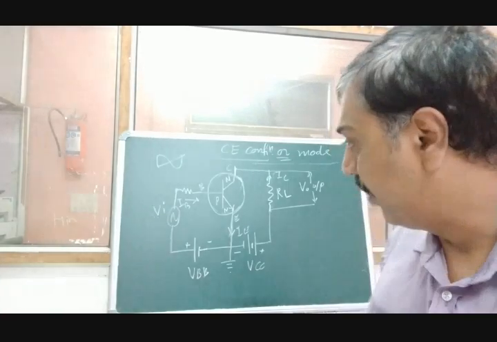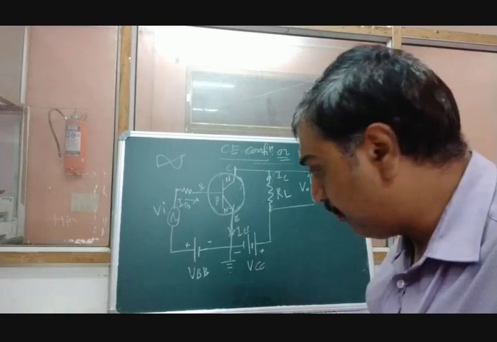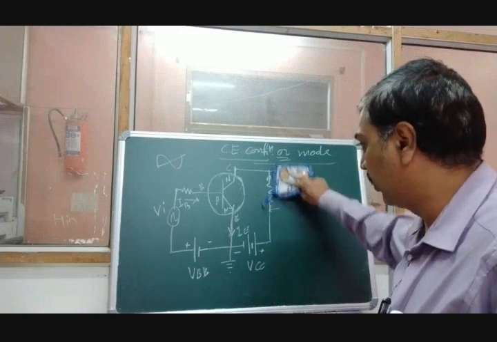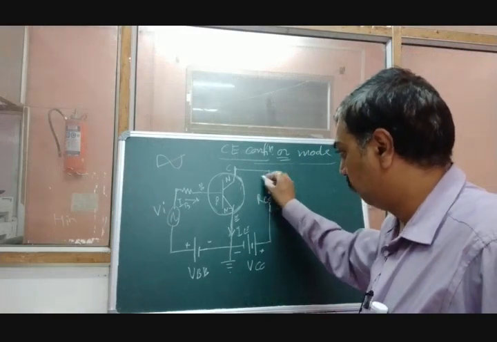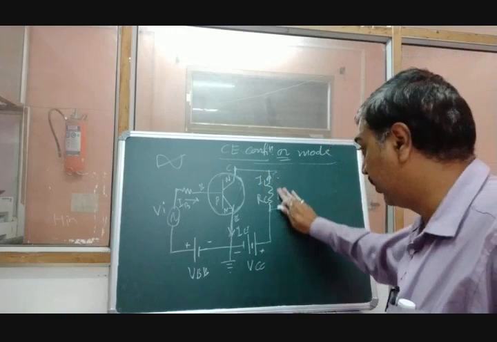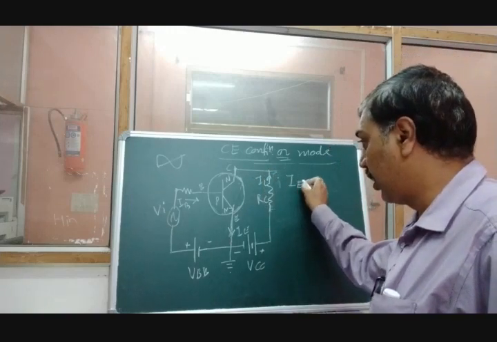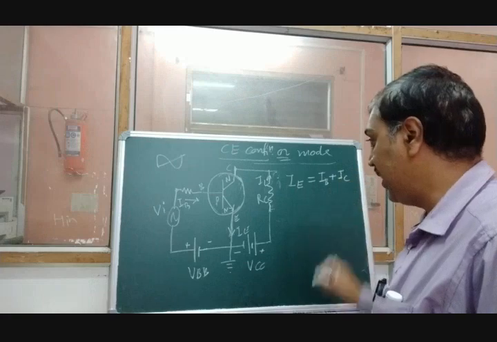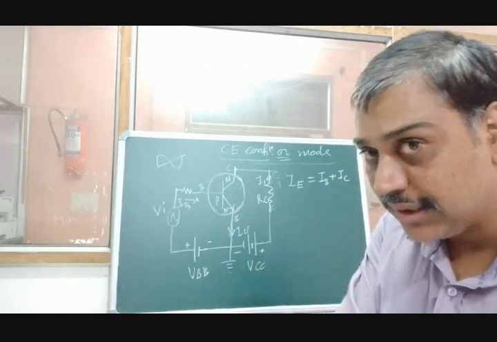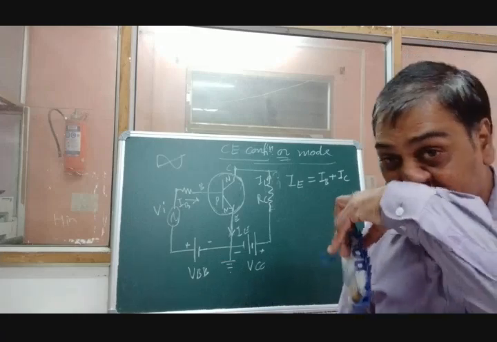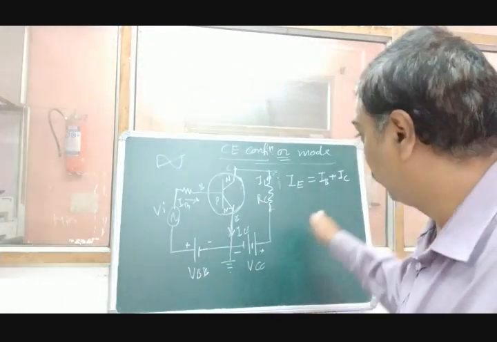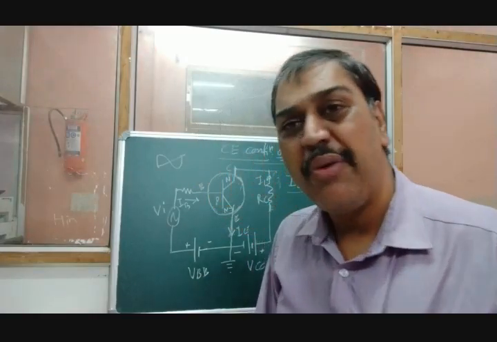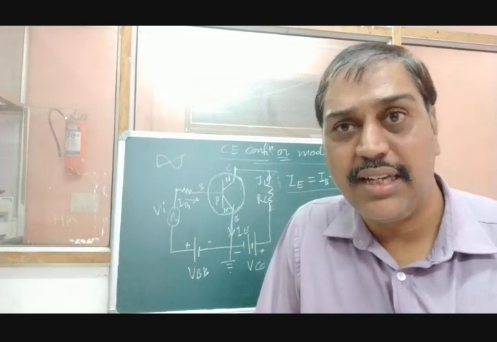Is that clear? Now apart from this, we have to see some equations. The equations are very simple. Initially, I had just told you one equation. I will write RL here, IL here. That equation is IE, the total current, 100, equals IC, 95, plus IB, 5. That is, 100 equal to 5 plus 95. We have seen that of 100 electrons, 5 get recombined in the base and 95 get transferred to the collector. This same equation is equation 16.1 in your book. Now here there are some factors, or we can say current gain factors.